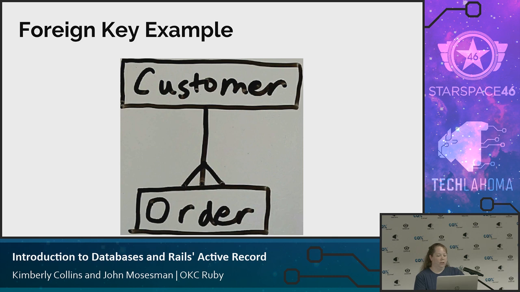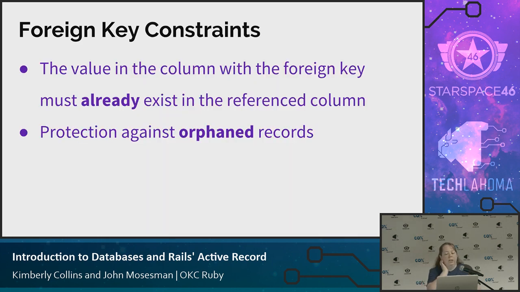So just to look at that part of the diagram again, the line between these two tells me that order points back to customer. And the important thing about foreign keys is that they are constraints for your system. I think a lot of developers are tempted to just say, oh, I'll just deal with this in the application itself. I don't need a foreign key constraint. And to me, that is kind of the whole point of a relational database, to enforce integrity. We really don't want to have, for example, an order that belongs to customer number 123, and there is no customer 123. Who does this order belong to? What happened here?